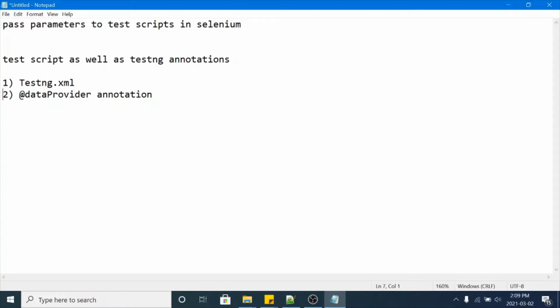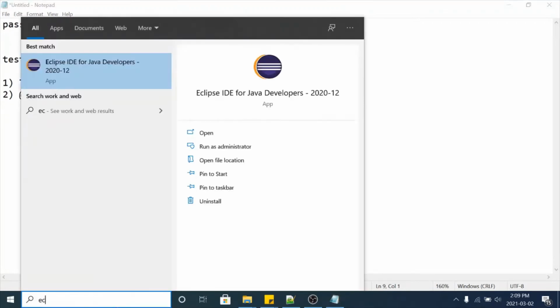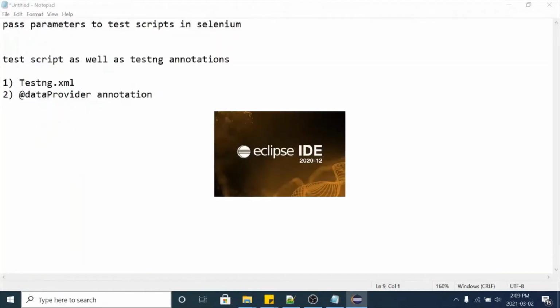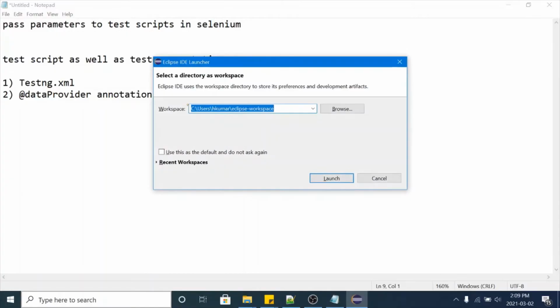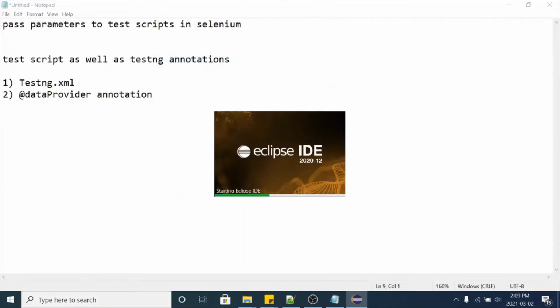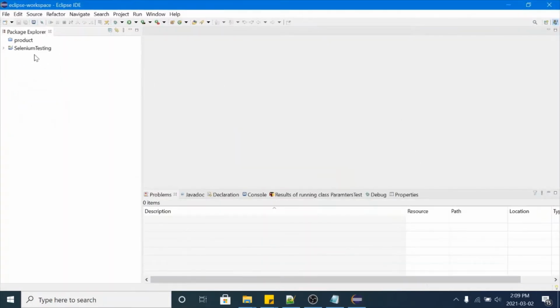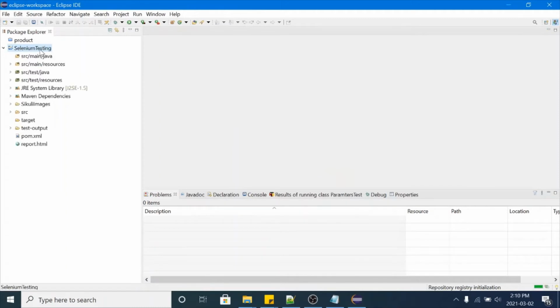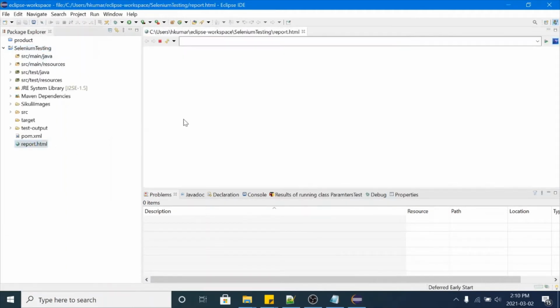So for that, we need to launch Eclipse. Let me launch Eclipse. I'm already having one Selenium WebDriver TestNG project that we created in previous videos. Okay, and let's see that. So guys, this is my Selenium TestNG project here, and this is a Maven project.